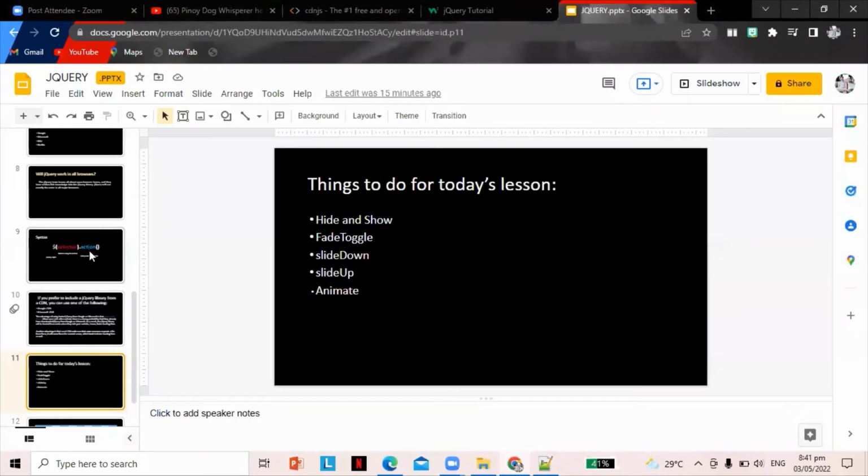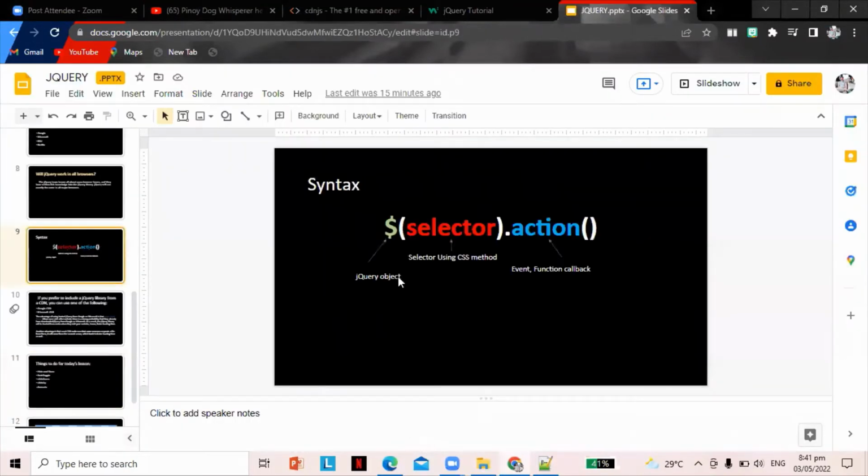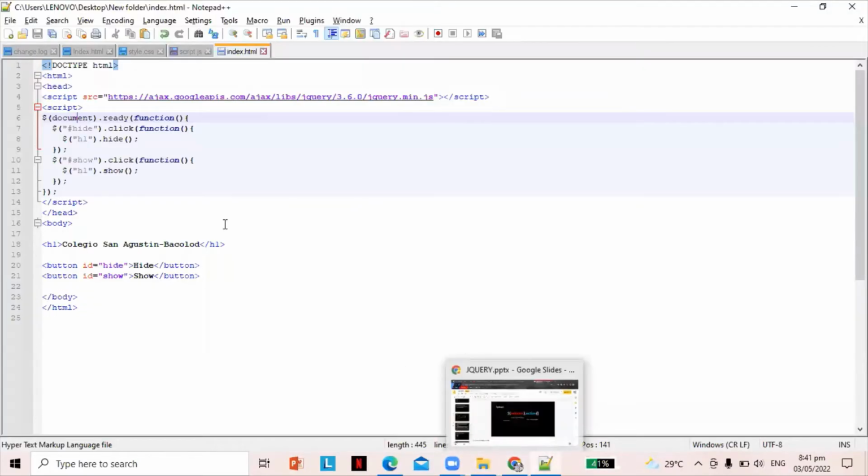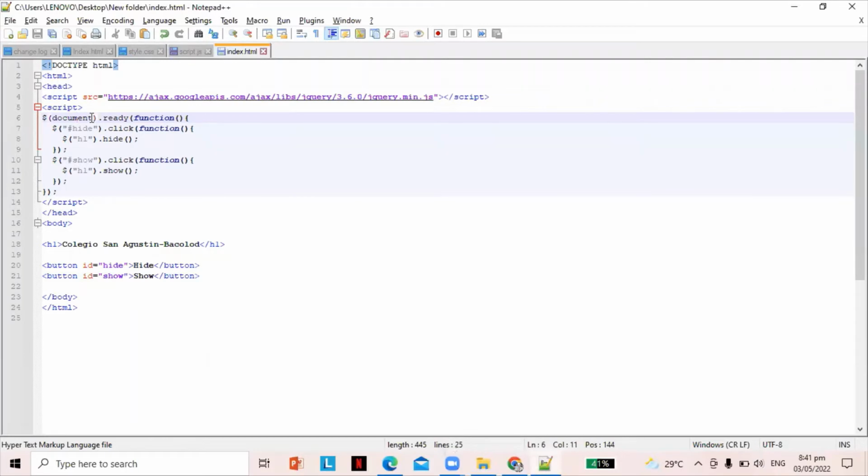Okay, let's go back. We have here the selector. So we started from the $ sign. Next one is our selector. For this one, the selector that I have is the document. And we have the most commonly used, the dot ready and the function. After that one,